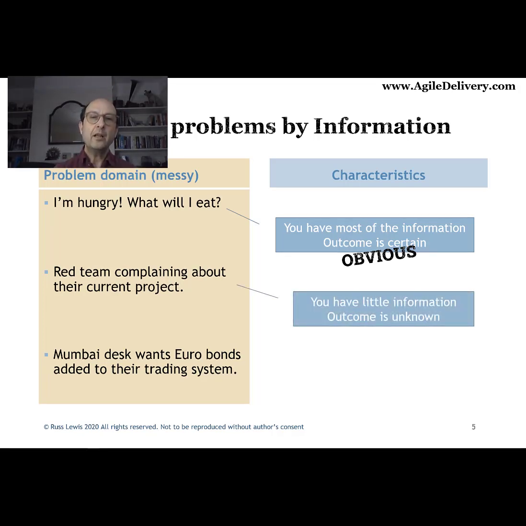Next one, I'm going to go and talk to the team, because that's the only way I can get enough information to make a decision. The decision might be that I need still more information. But here the outcome is not certain. Maybe there's a risk to the project. Maybe I have to take the project and move it to a different team. Or maybe there's something wrong with the project. Or there's a problem with the stakeholders. So I don't know any of that. It may well be they will be able to deliver. So there's lots of uncertainty here about the outcome.